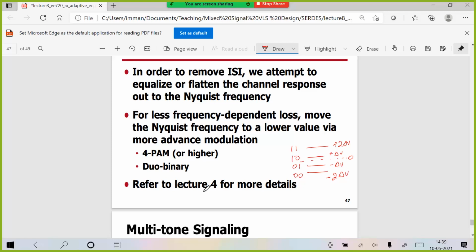Okay, the final job is to cancel out all your post cursor ISI. Typically this DFE does an excellent job of cancelling out your post cursor ISI very well, but it cannot handle your precursor ISI. So precursor ISI has to be handled by your CTLE as well as your TX FFE. Okay. So any doubts, any questions?